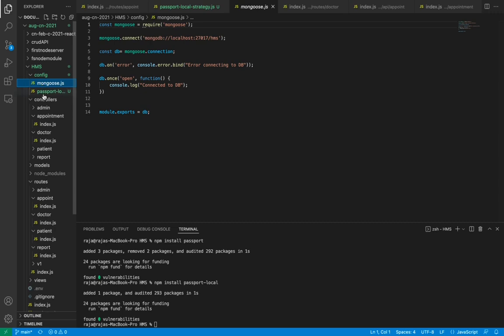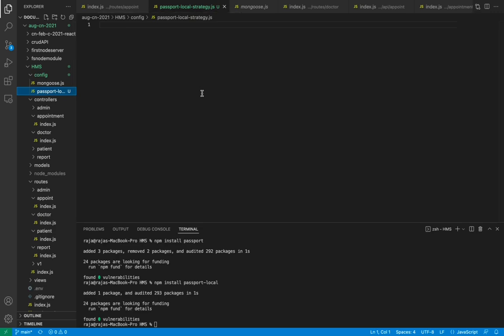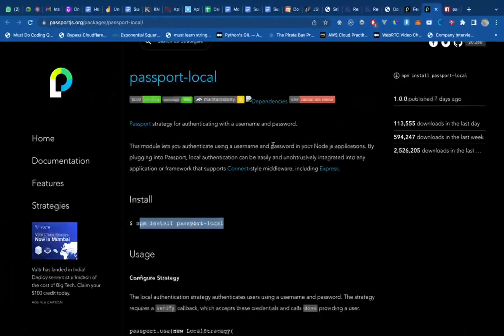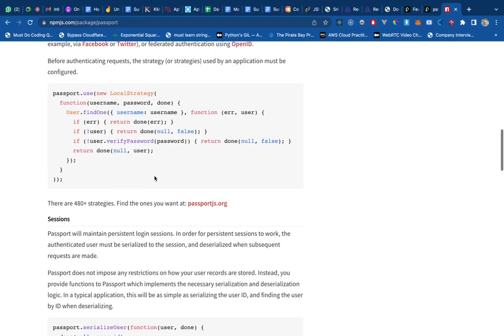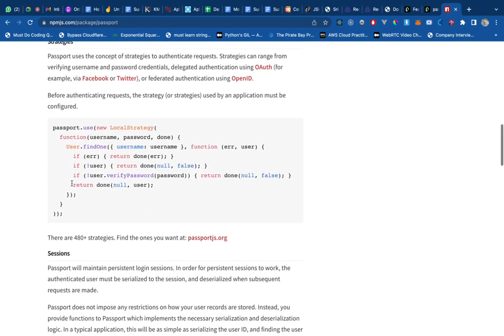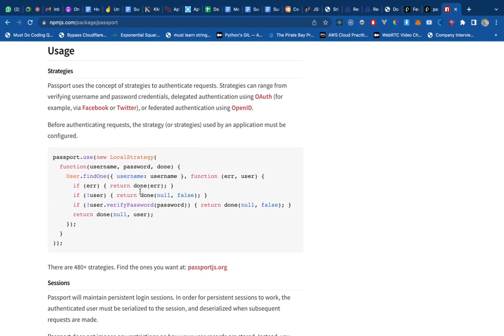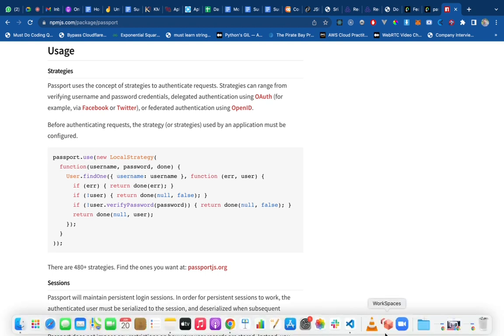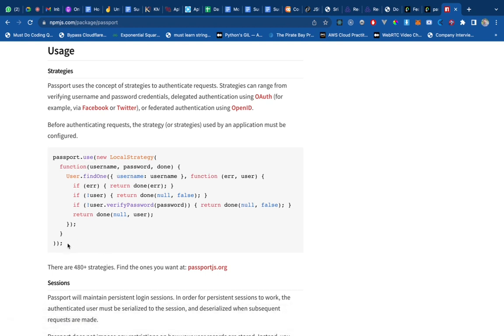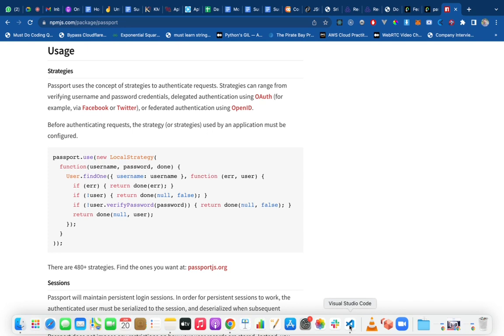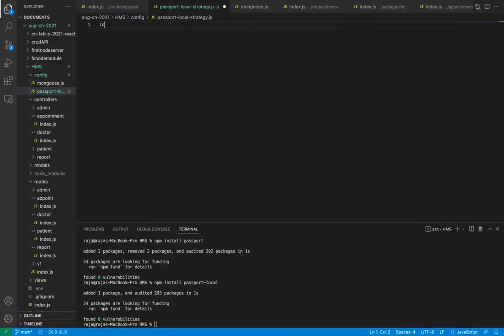Now we'll use the passport local strategy. What is the syntax? Sometimes you have to look up some syntax; otherwise, we already have the complete syntax over here itself. We do not need to do anything else. So we can use passport.use(LocalStrategy). But before this, I need to require some packages. So I will say const passport equals